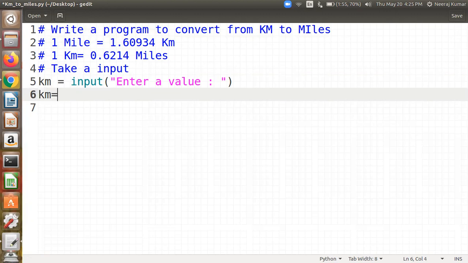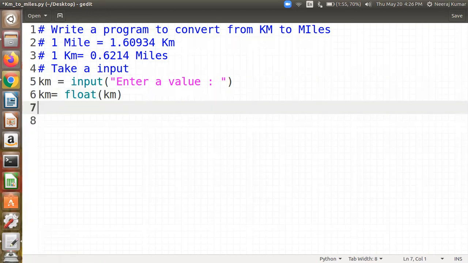So I need to convert this string into an integer or floating point value. As I may give floating point values also, let me convert it into float. Here it converts the given input into a type of float. Now I perform an operation: miles is equal to given kilometers into